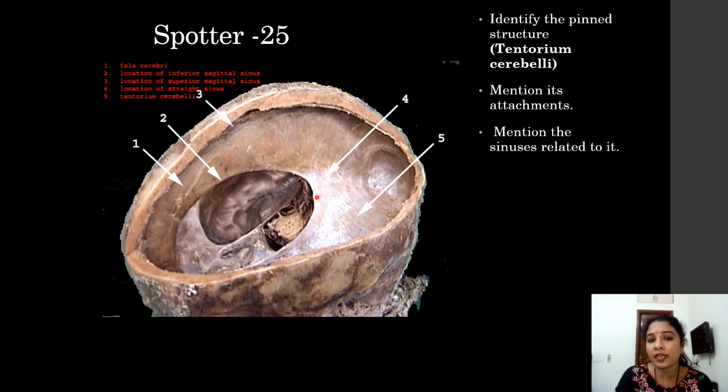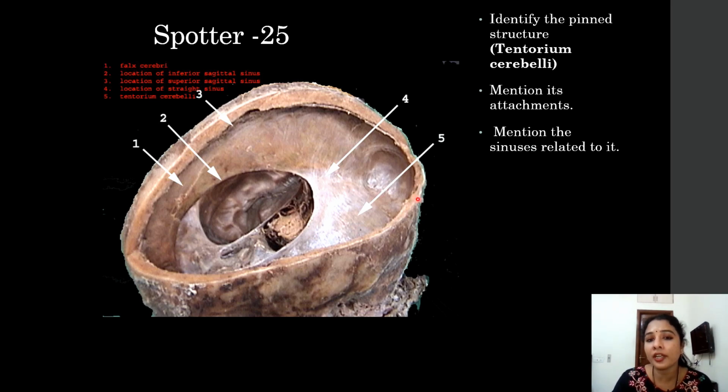Anteriorly the tentorium cerebelli presents a free margin. This is the free margin, and the edges of the free margin attach to the anterior clinoid process. We can see here it attaches to the anterior clinoid process on one side, and this is the other side. The rest of it is a free margin where the midbrain is lodged within the U-like margin. The tips of the U attach to the anterior clinoid process. Anterolaterally on each side, it attaches to the upper border of the petrous part of the temporal bone. So we can say the superior border of the petrous part of temporal bone.